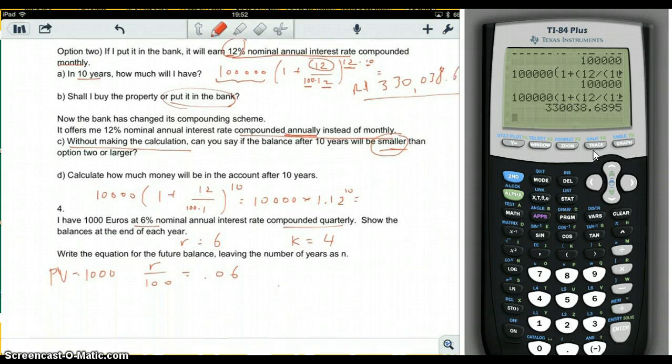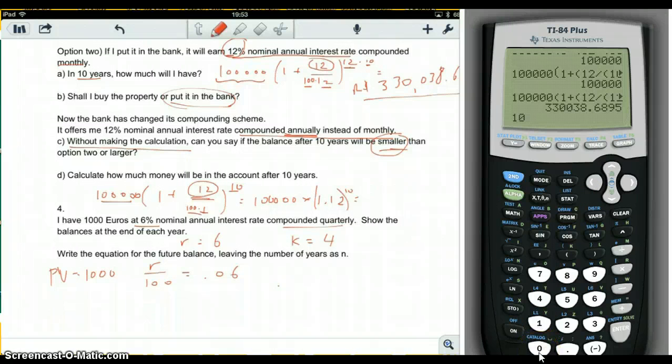Okay. All right, so calculate how much money will be in the account after 10 years. Okay, so again, start with 100,000, not 10,000. Right? And then I'm going to have 12% annual interest, but compounded annually, so just one time. And it's going to be 10 years. Okay? So that would be 100,000 times 1.12 to the 10th. And what I did here was I just took 12 divided by 100, which is 0.12. And then I add that to 1, so it's 1.12. And then I go to the 10th power. So 1.12 to the 10th power times 100,000. And that will give me,